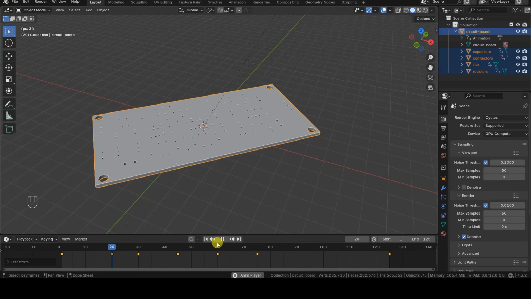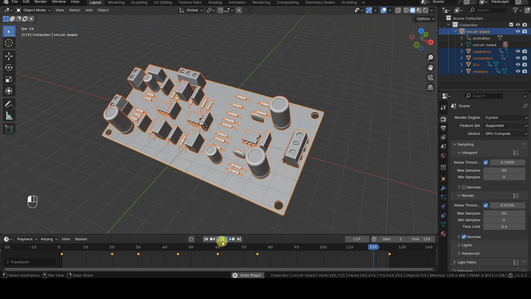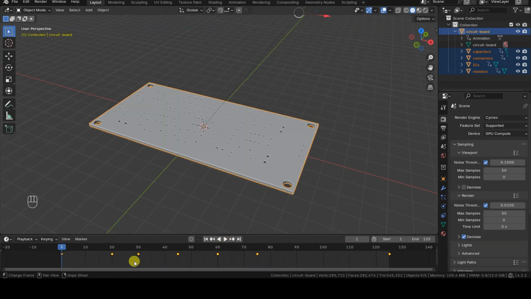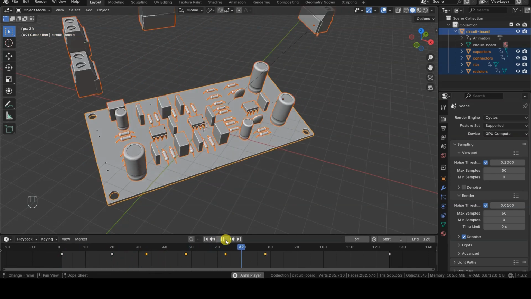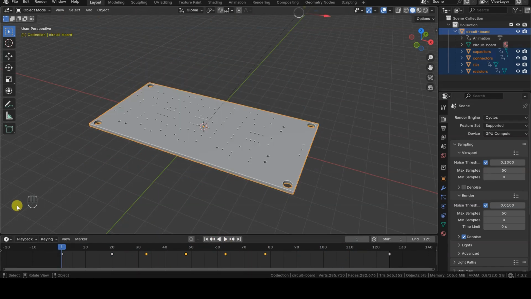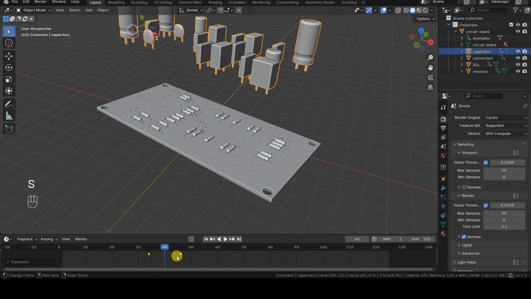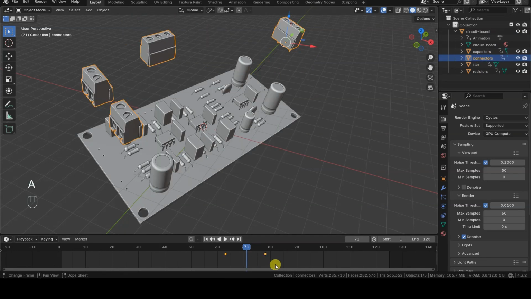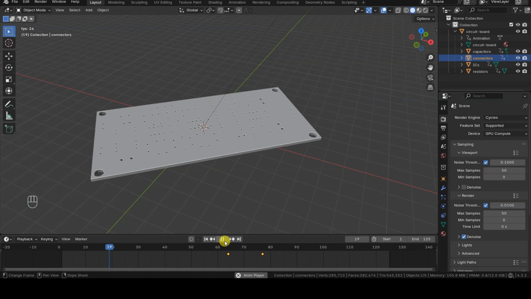Of course, I can also manually select and shift the keyframes of the different components little by little to further refine the timing. I can also scale multiple selections, but I need to keep in mind that these adjustments will be relative to the current frame, so I will likely need to move it each time.